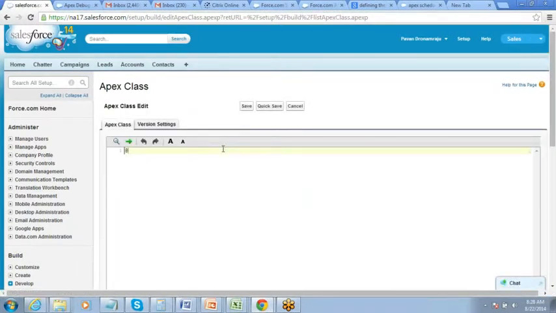Any test class that you are writing needs to start with this @isTest, though this is not mandatory. It may or may not start with this. If you are defining your test method, that's more than enough. But why is it advisable to start with this annotation? Because if you read it here,